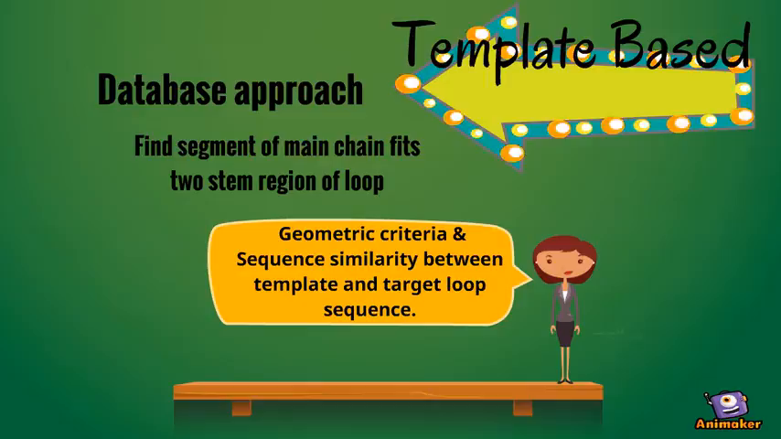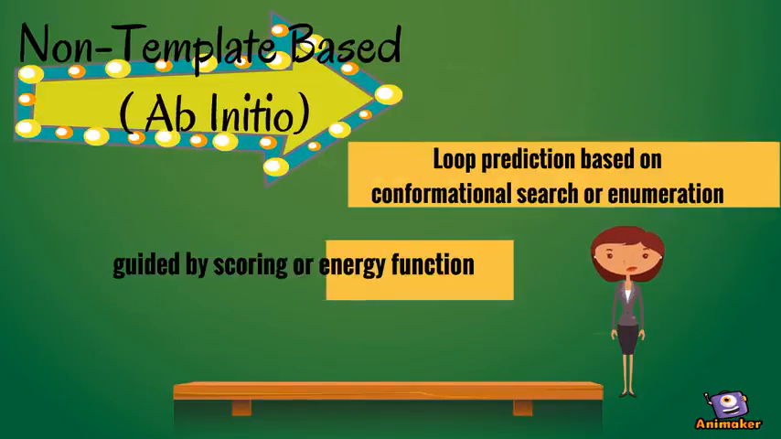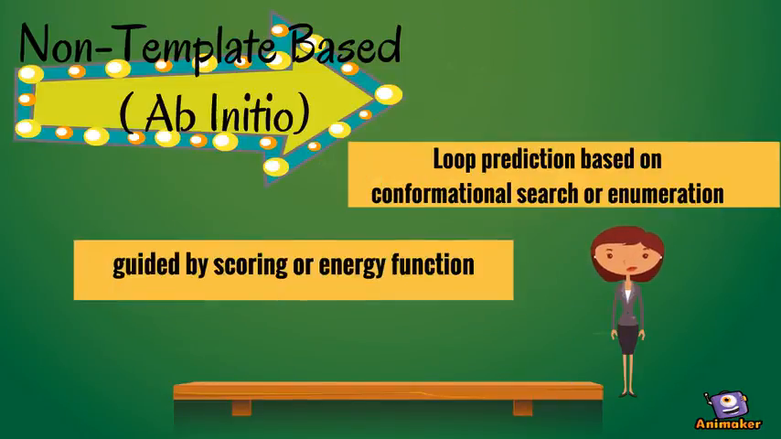The predicted loops are sorted according to the geometric criteria and the sequence similarity between the template and target loop sequence. Meanwhile, the second approach is non-template based, also known as ab initio. The loop is predicted based on the conformational search or the enumeration of conformations in the given environment. The loop prediction is guided by the scoring and energy function. The loop could be predicted using a web-based tool, MODELLER,